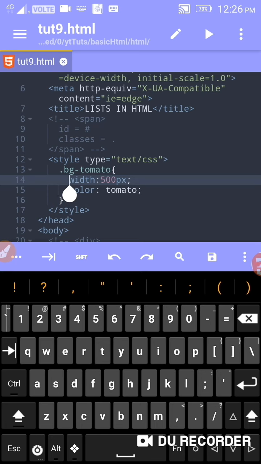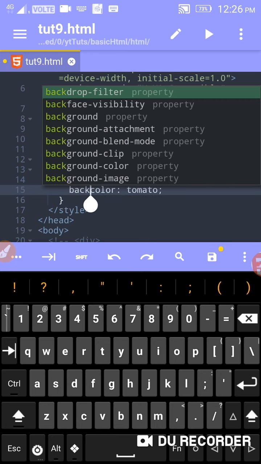I'm going to give background color, background